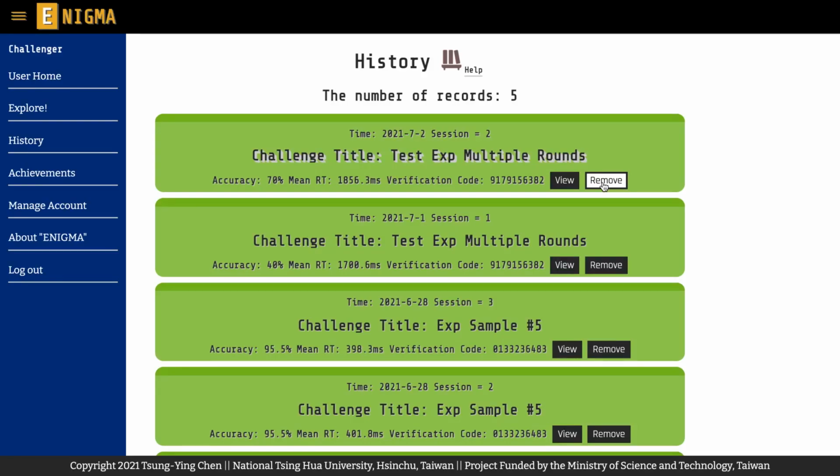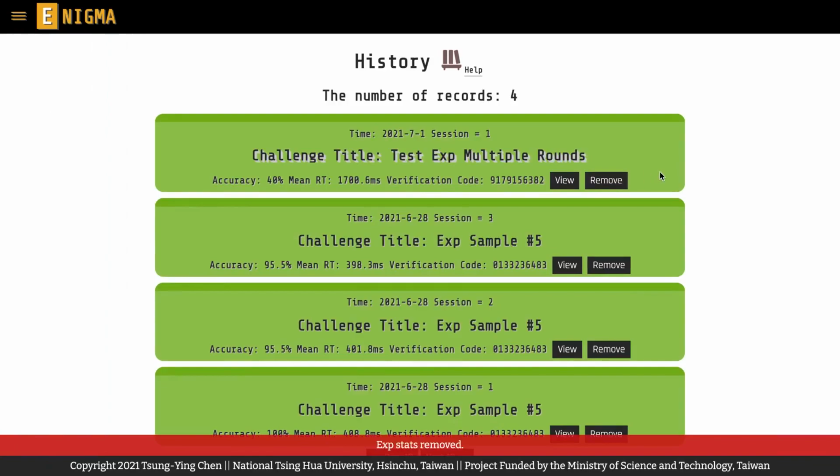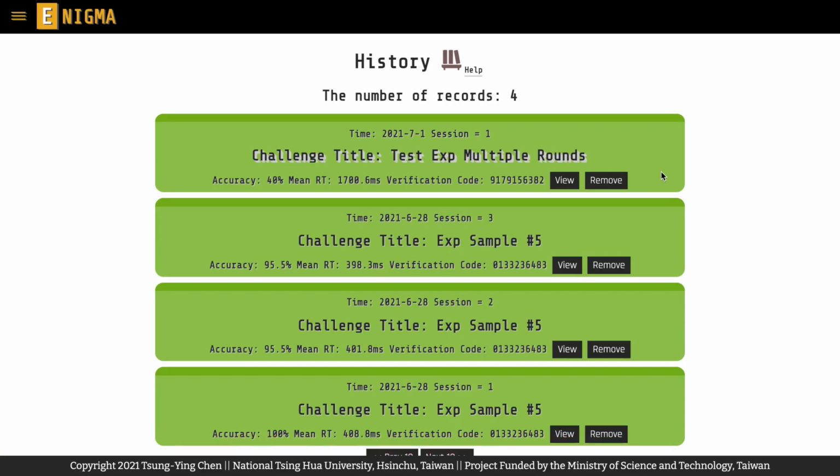If you remove the record of any one of the rounds you have participated in, you will automatically withdraw from the challenge, and all your participated data will not be shared with the experimenters. You can still see other individual records that you have not removed just yet, but they are now just for your reference. Once again, please try not to withdraw your participation from a challenge for no specific reason, because your data really matters to your language learning research.